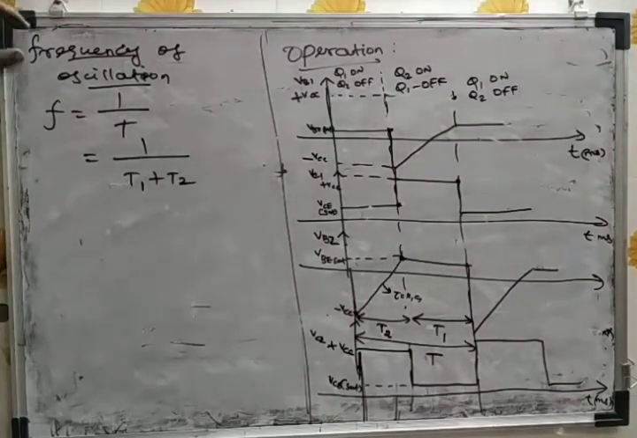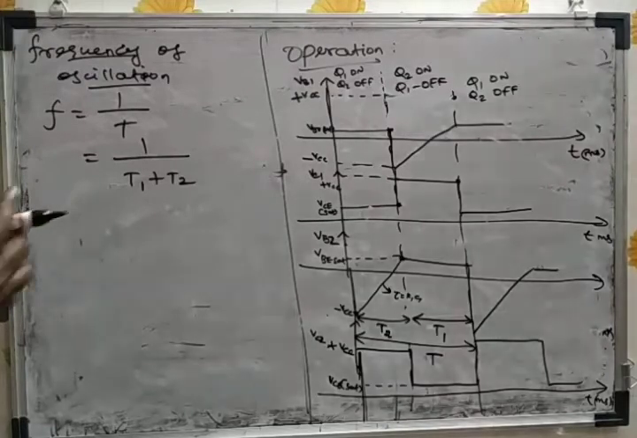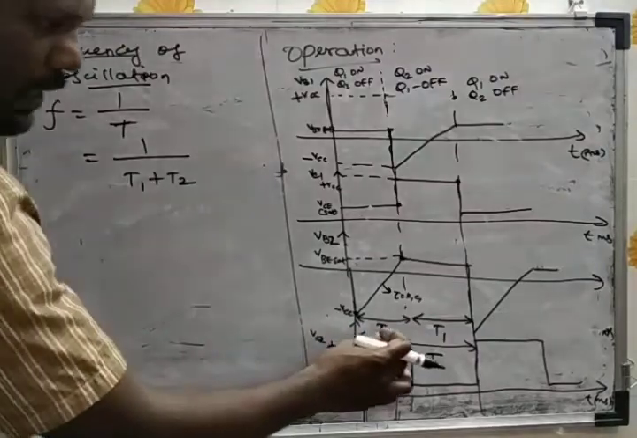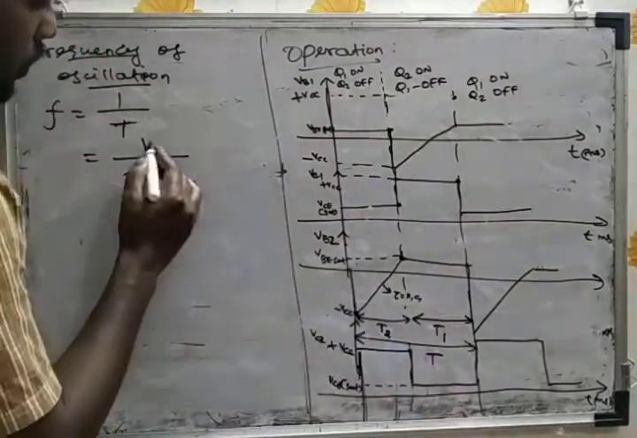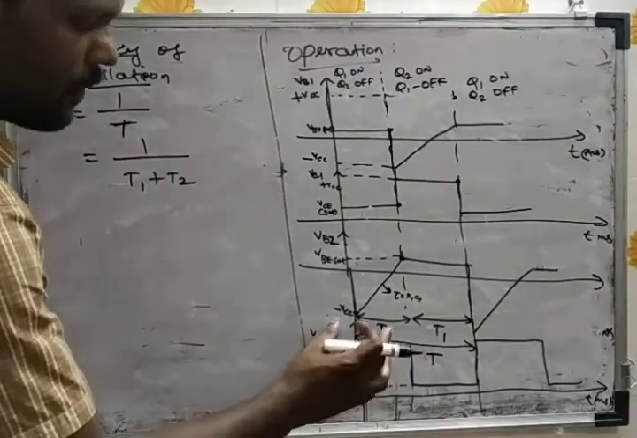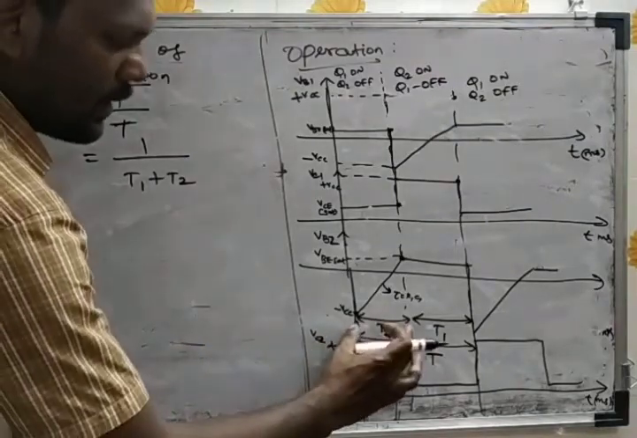So we are going to calculate the frequency of oscillation. F is equal to 1 by T. T is nothing but T2 plus T1, so 1 by T1 plus T2. First, I am going to calculate this